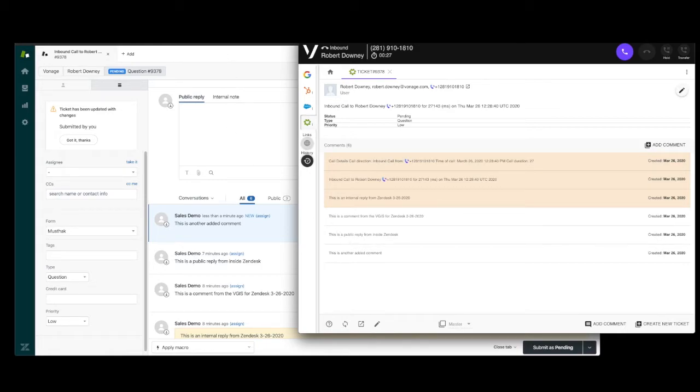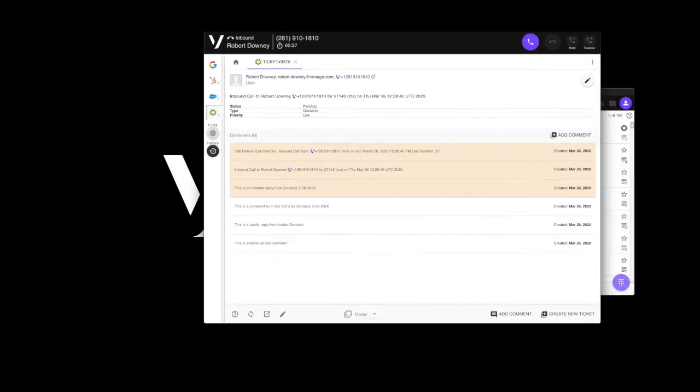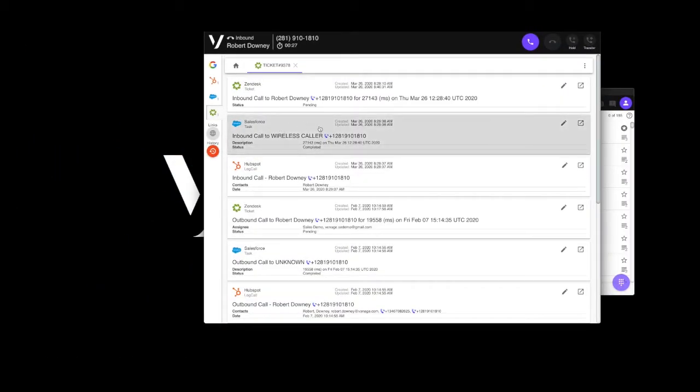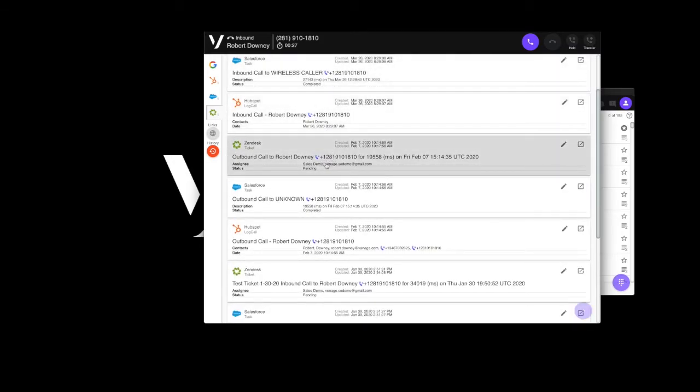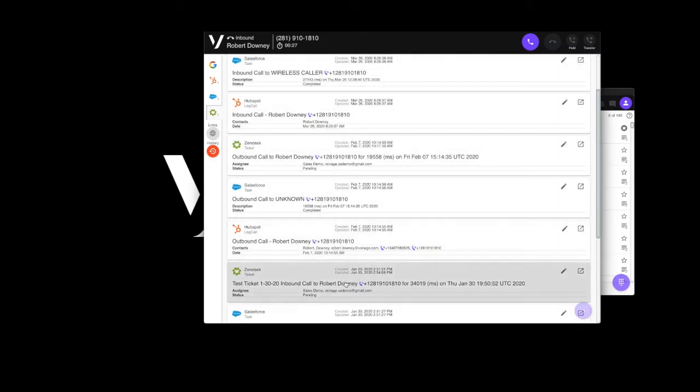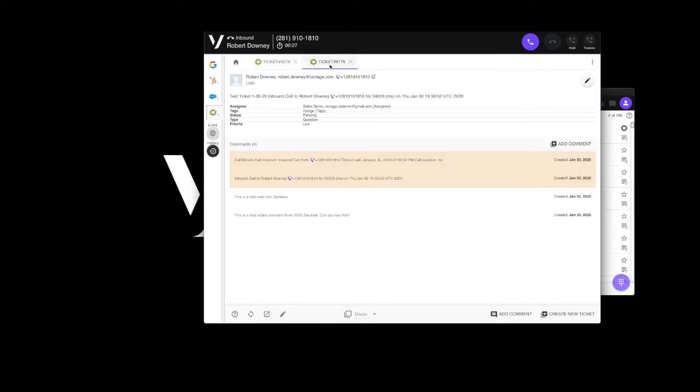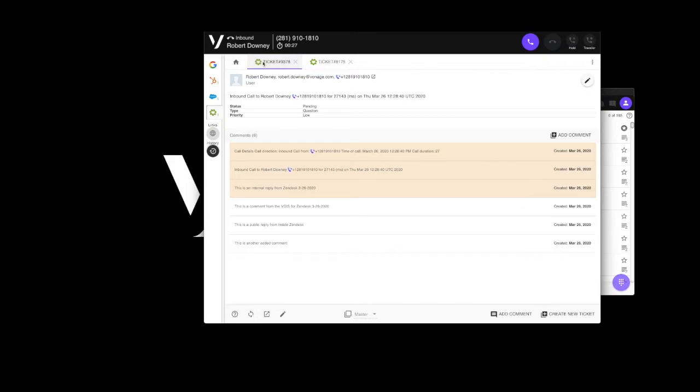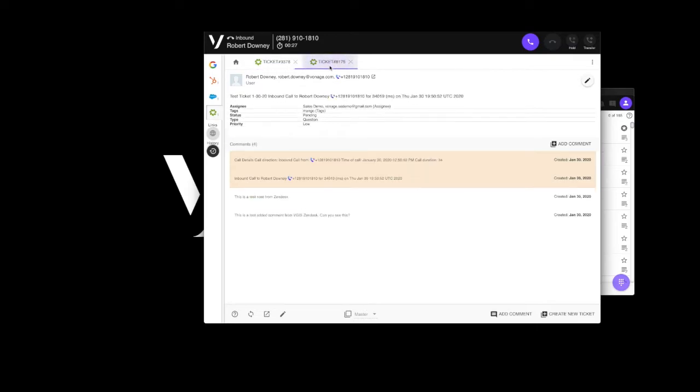More importantly, I have the ability to go in and click on the history button, which allows me to see all of my interaction with this particular customer. This allows me to more quickly and effectively click on the button and open up the tickets side by side. So for example, if your customer were calling in about a support case and they called in yesterday, I can see that in my history button, and that allows me to go in and look at the prior information and ask them if it is pertaining to that same case or not, all without having to go into Zendesk directly.